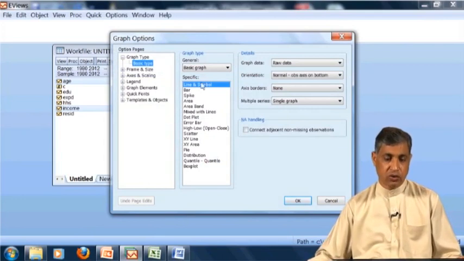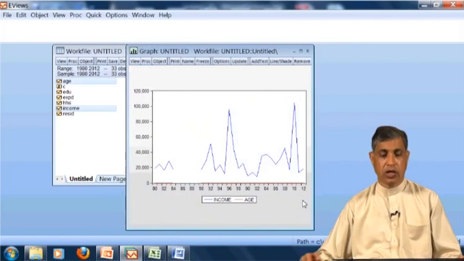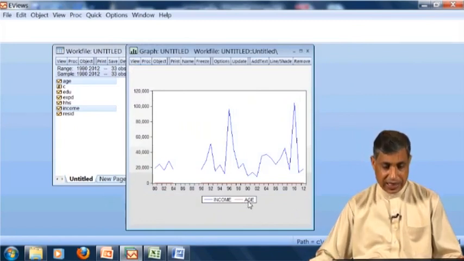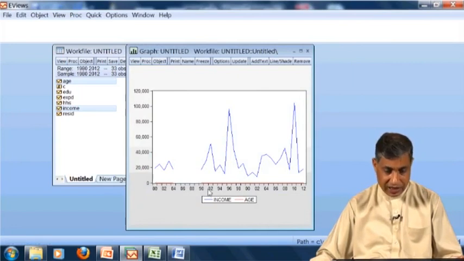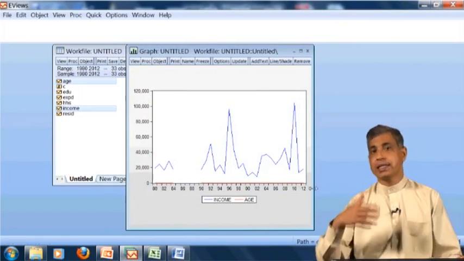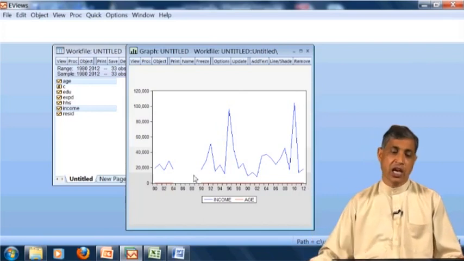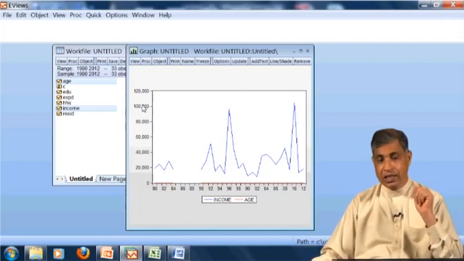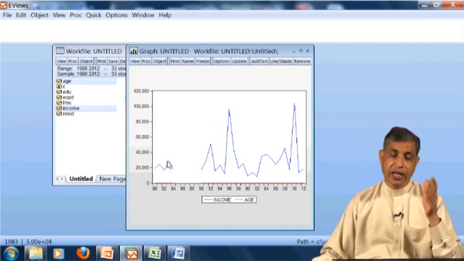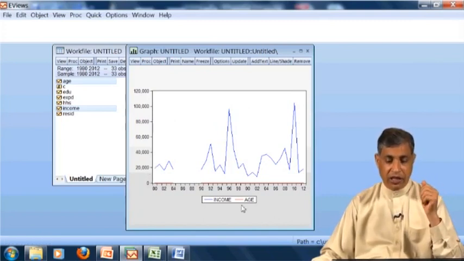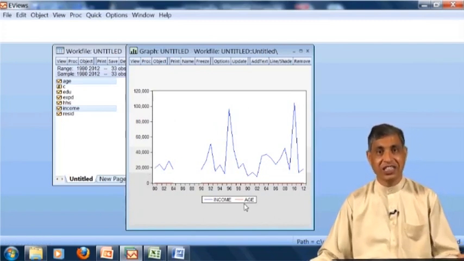If you say you need a simple line graph, OK. Look at this, here is the age, the red line, and age is lying exactly on the same line because there is no change in age. The scale is different. Income is on a very large scale from 20,000, and age cannot be 20,000 years.